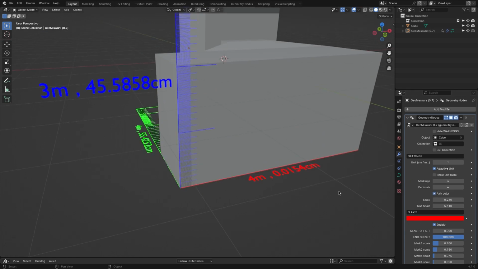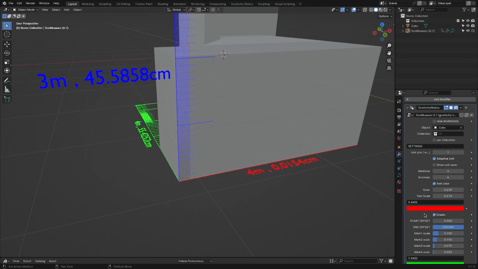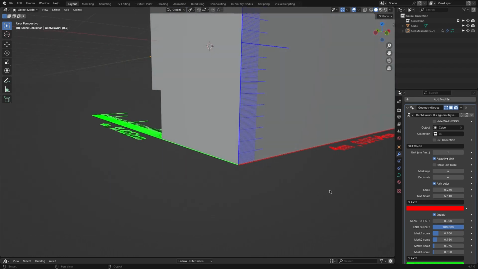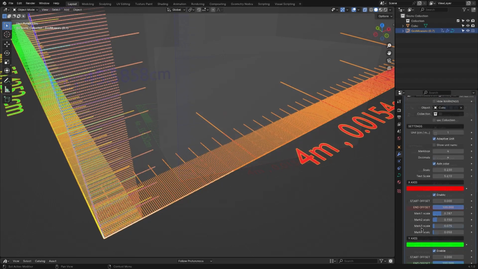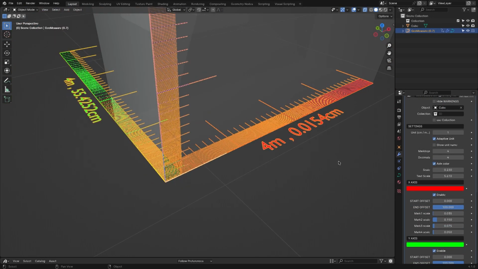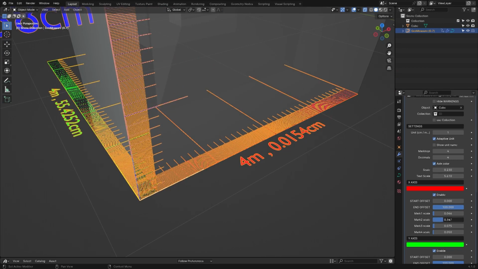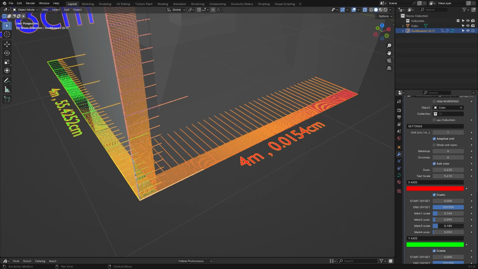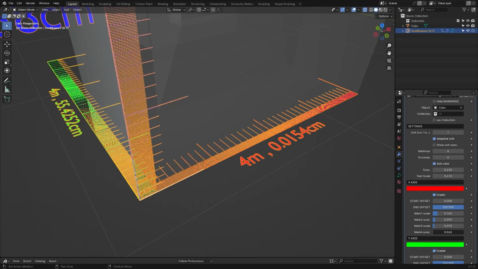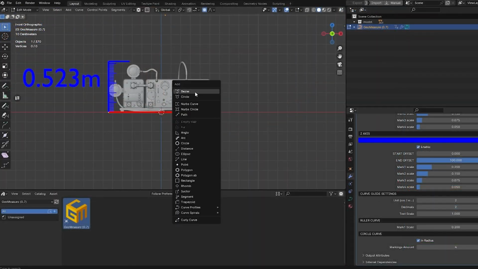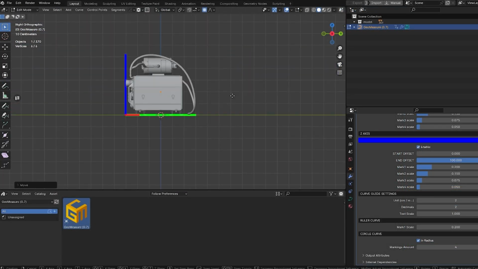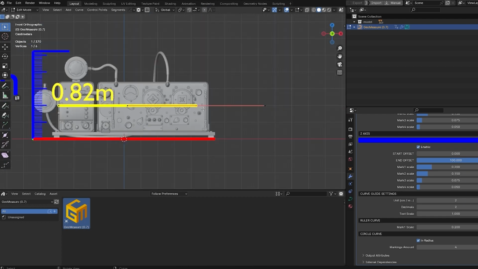You can also choose to extrude certain axes from your measurements and change their starting and ending offset, which will change the measurement accordingly. In addition, you can change the color representing each axis. All of these settings make it possible for you to create 360 render animations of your products, at the same time highlighting their dimensions and measurements, which can be desirable, especially for showcasing mechanical parts or product design, let's just say. But this is not everything, because Geomeasure offers a special tool to add custom rulers on any part of